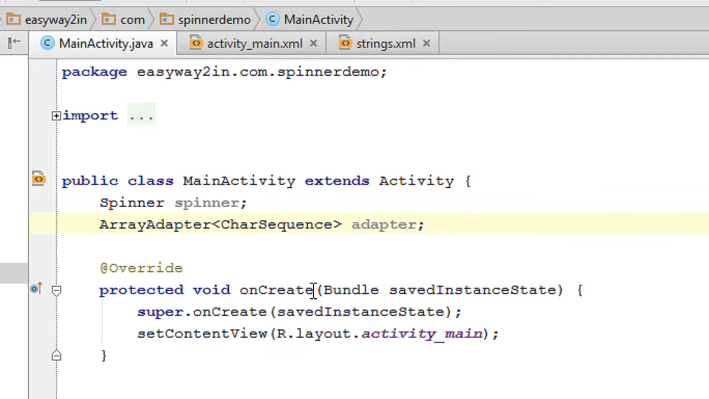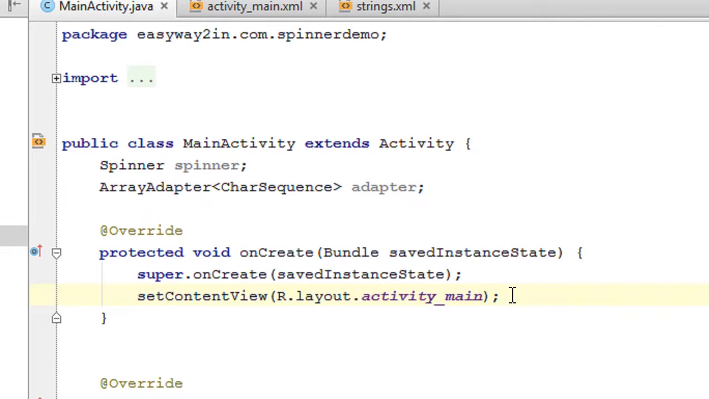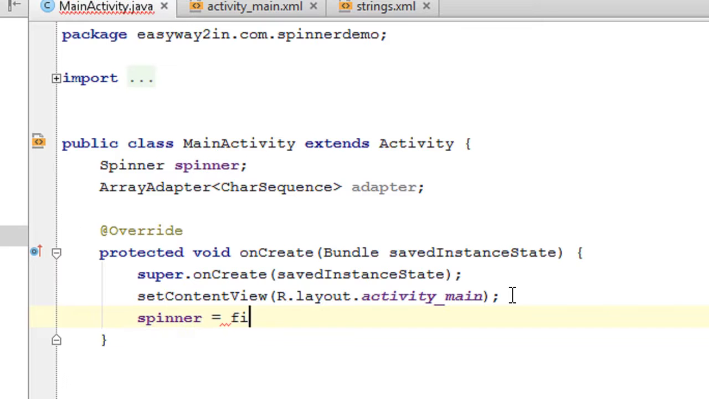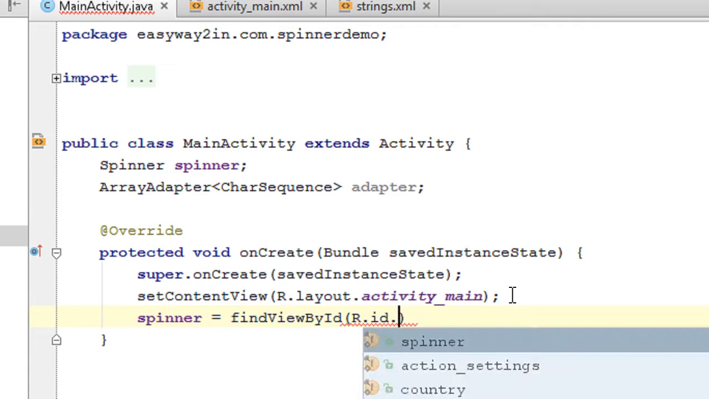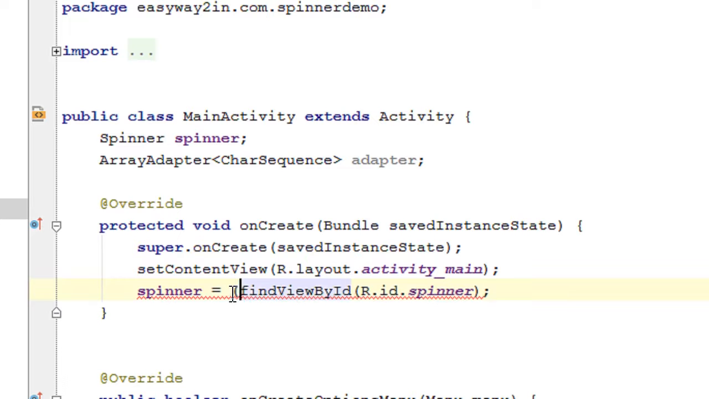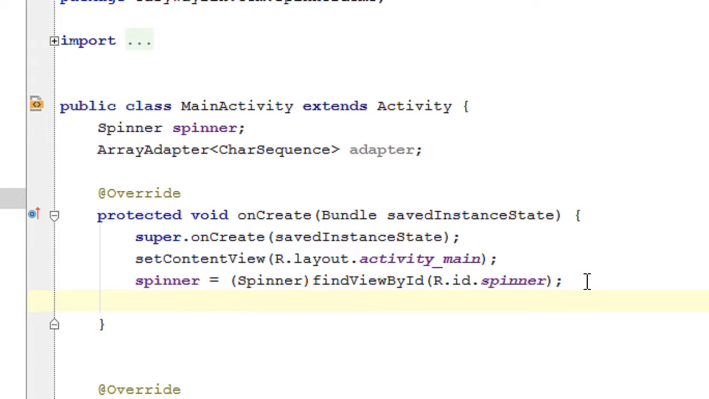So here we have an array adapter. First, we have to initialize the spinner object. Use findViewById, R.id.spinner, and typecast this into Spinner. Now we have to initialize the array adapter object. So adapter equal to,